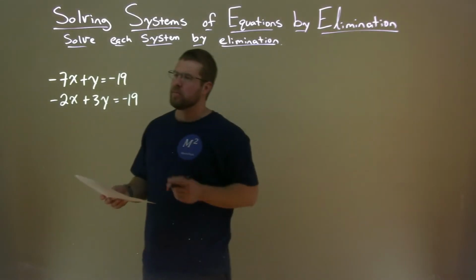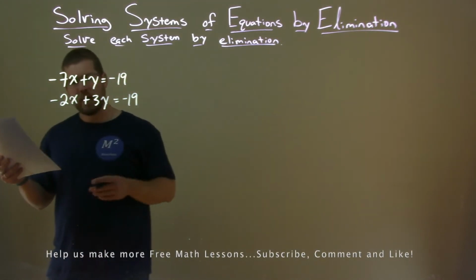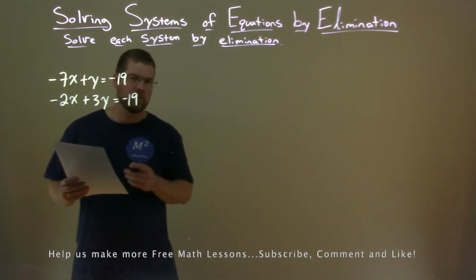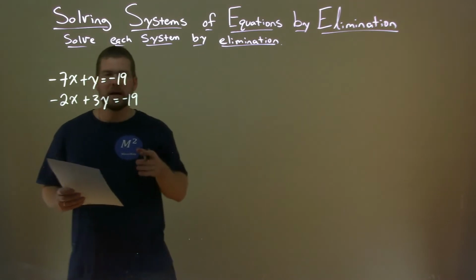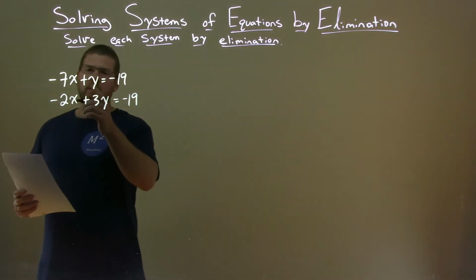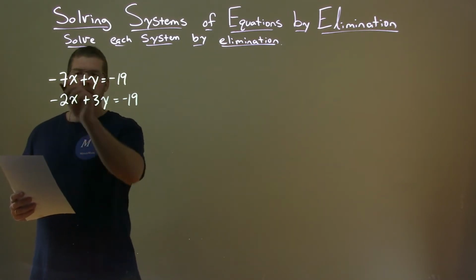We're given this problem, negative 7x plus y equals negative 19. Negative 2x plus 3y equals a negative 19. And we need to solve this one by elimination. So right now, I cannot add these two equations and have some variable get eliminated. I need to adapt it. I noticed this y and 3y is probably my best bet. If I multiply the top equation by a negative 3,